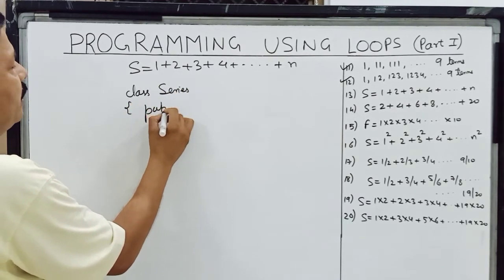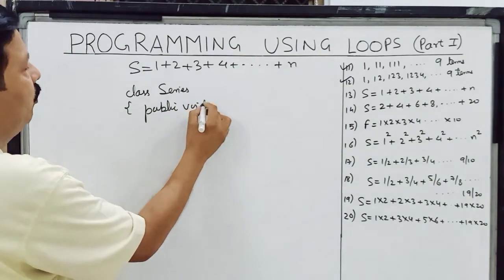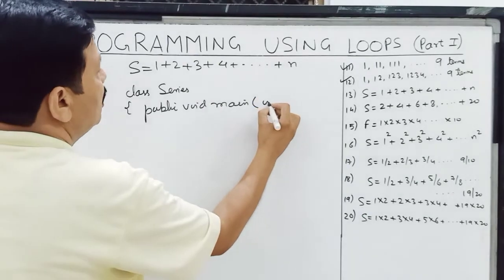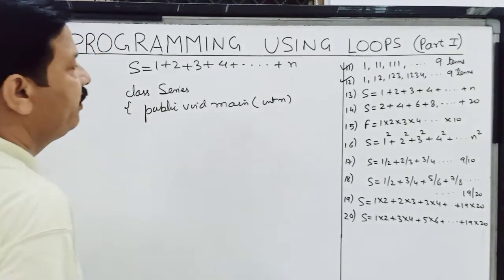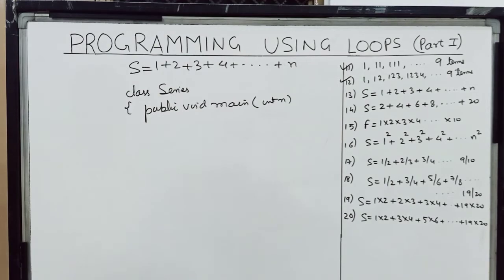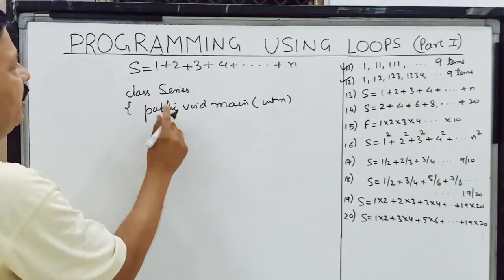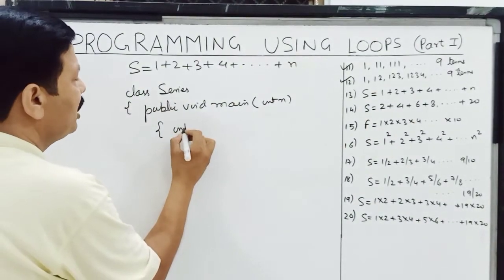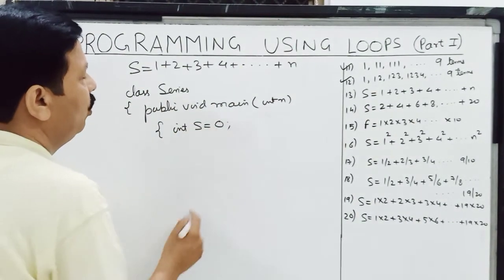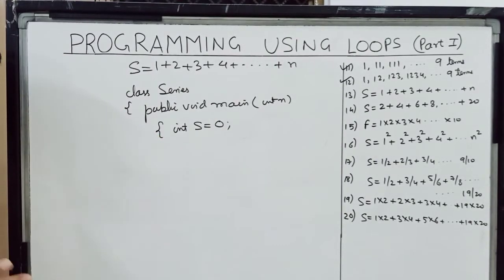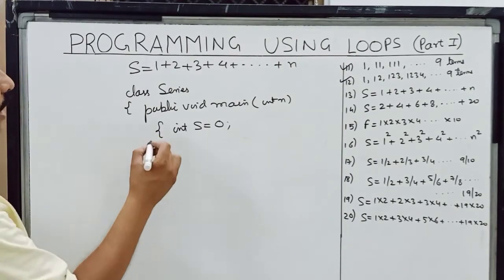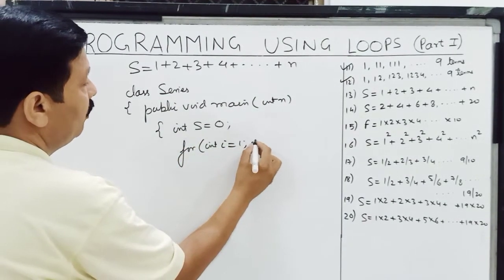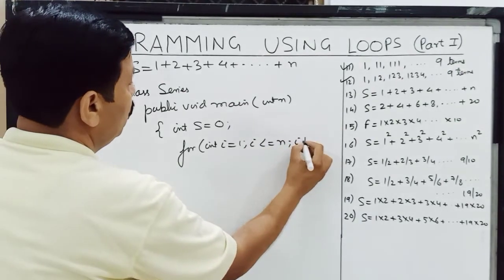then we have public void name, and as I told you, if you have any unknown term this side, then you enter it, and its data type you have to decide. So here its data type will be integer. Now children, if you add all these integer values, you are going to get an integer sum. So I am initializing value s as 0 of type integer, because here I am going to get the sum as integer. Now I am generating my numbers through a loop, through a for loop from 1 to n.